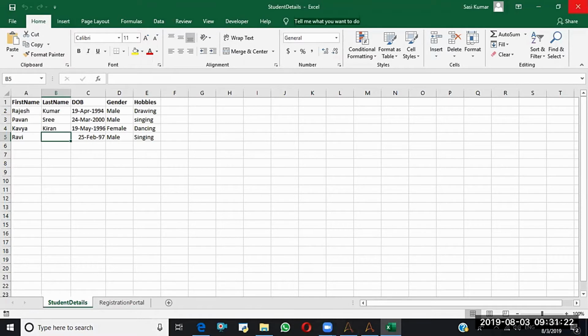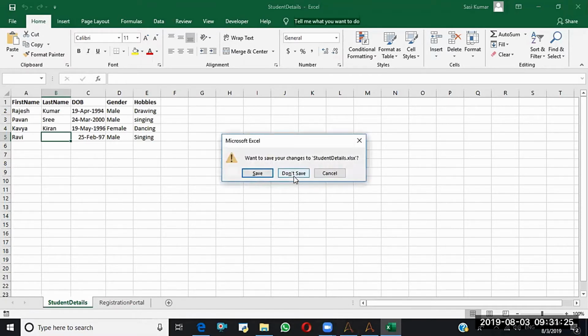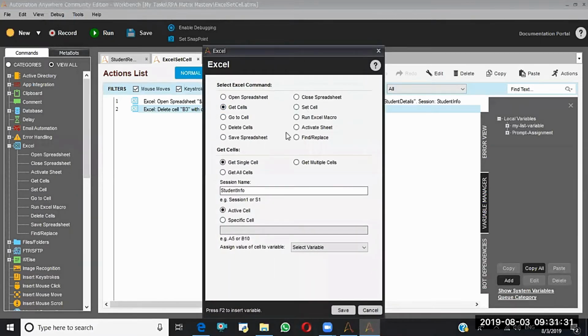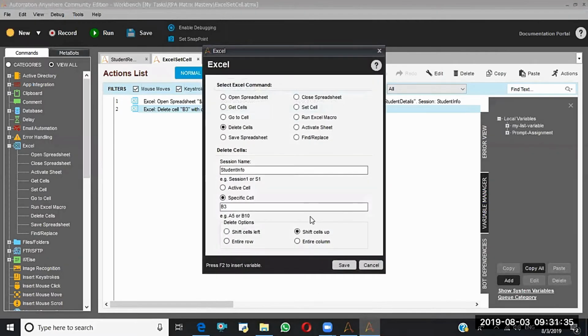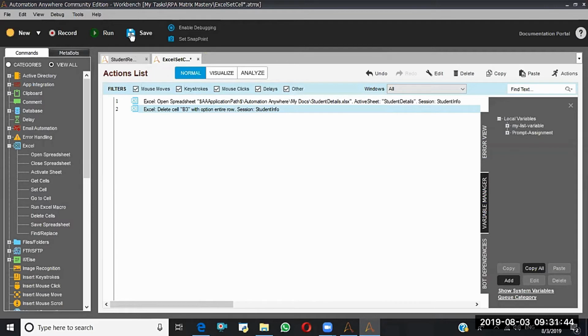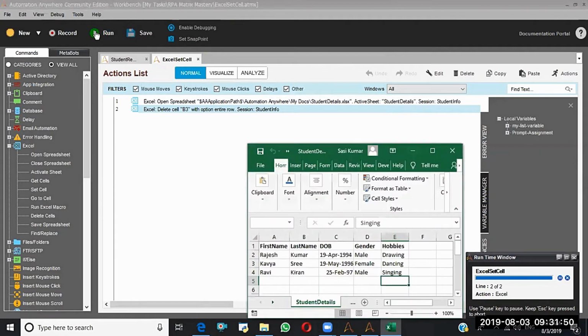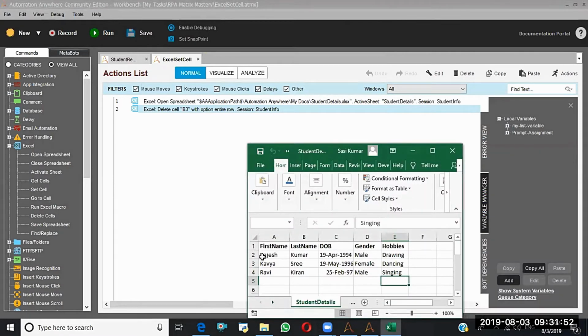Then my requirement is saying I want to delete the entire row this time. Okay. I want to delete B3 entire row. So the Pawan record itself will be eliminated, if you see. And from this step, see, Pawan record completely deleted.